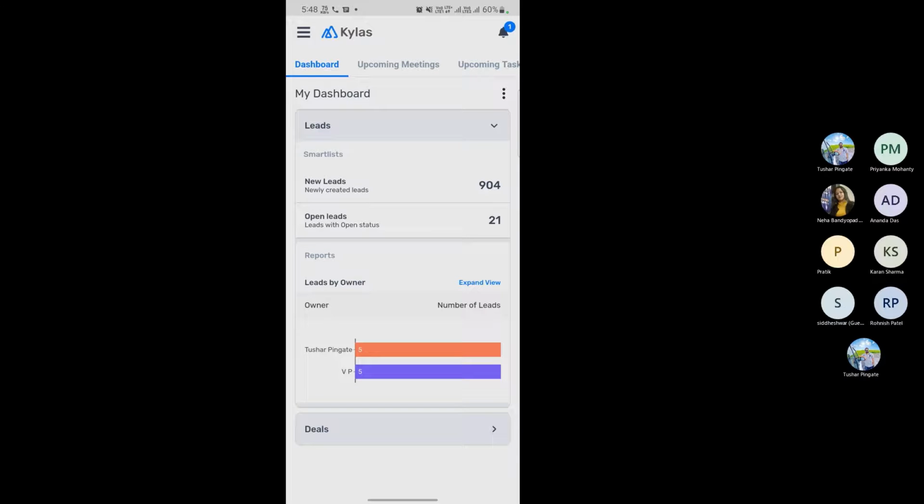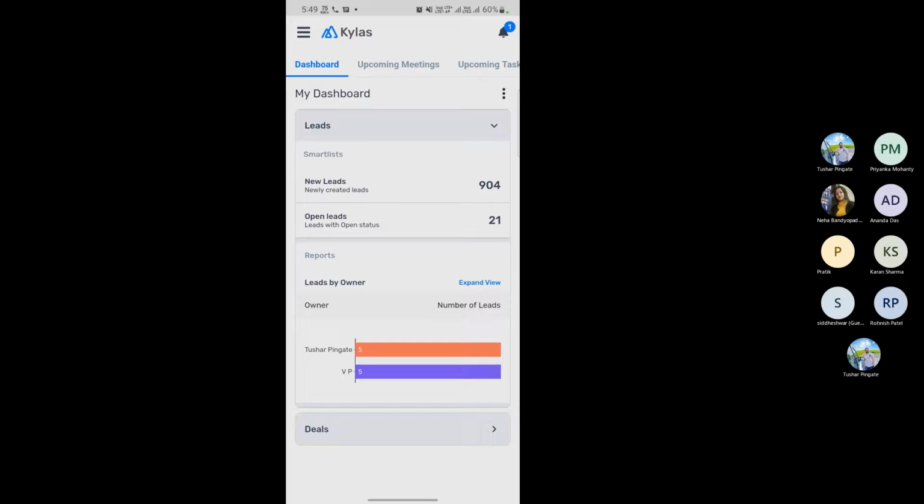I want to know how many new leads are coming up in the system, how many leads are in the open stage. Also, I want to know on a daily basis how many leads are associated with Ushar and how many leads are associated with VP. So this is how I create a dashboard on the web application, and I can see those dashboards in the